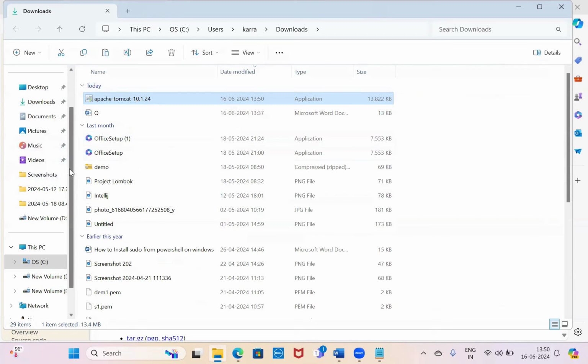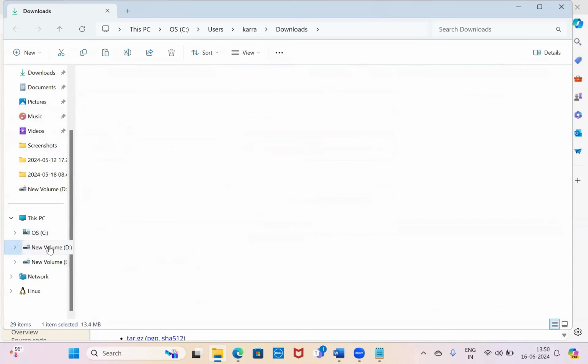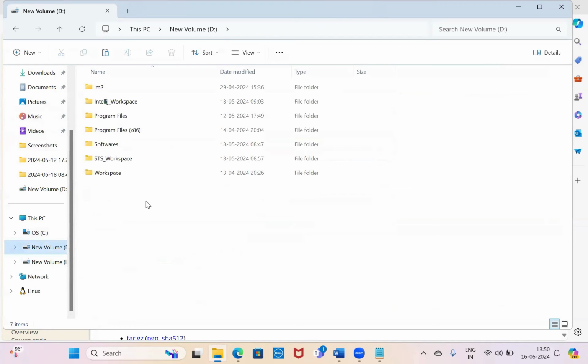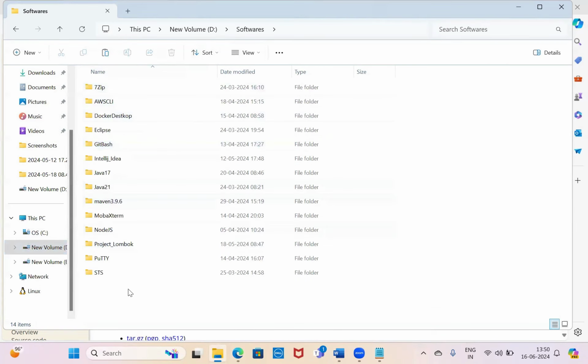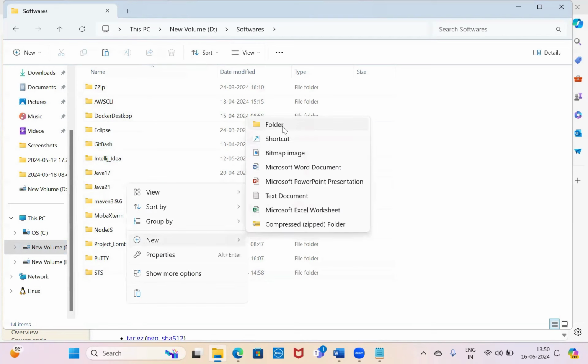Press Control X. Go to D drive. I keep every software on local drive D. If you want, you can paste it. This is the software folder. These are my softwares. So I'm creating another folder, a new folder,